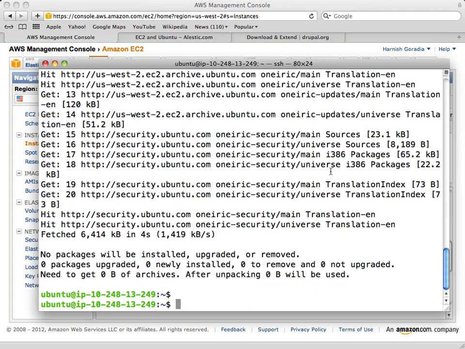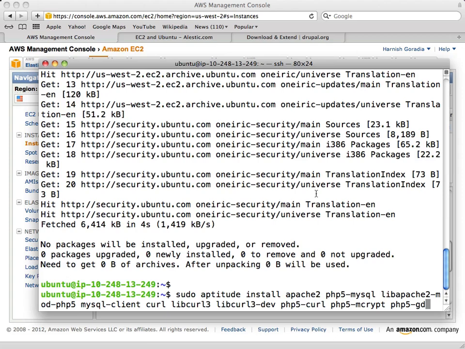Okay. Then I need to install Apache, PHP, MySQL client, CURL, PHP 5 GD, all that, right? For installing Apache 2, PHP 5 MySQL, Apache 2, mod PHP, MySQL client, CURL, libcurl, and a bunch of that. Okay.